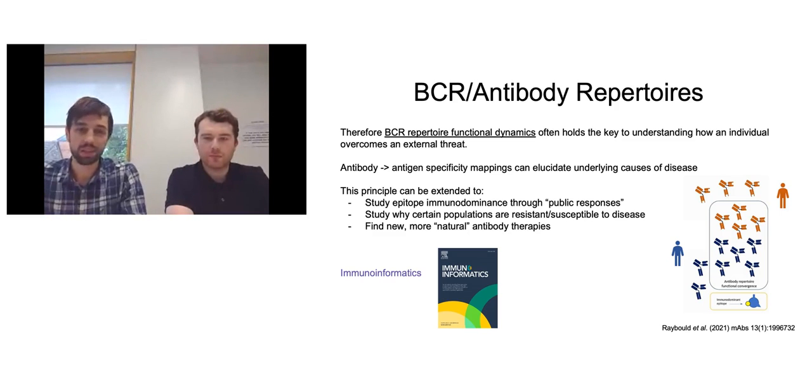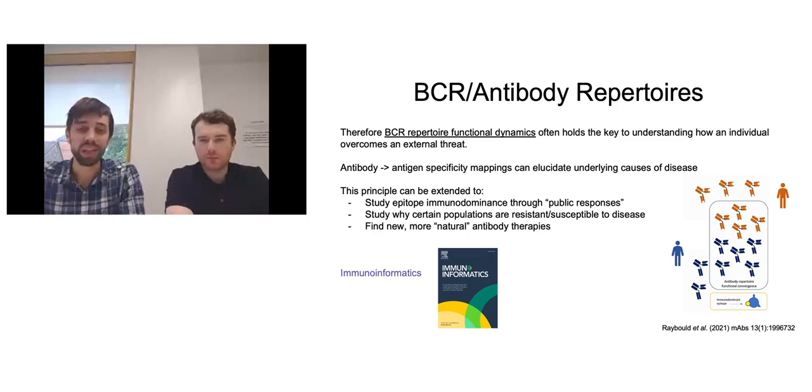Does it look like this is a typical sort of healthy baseline response repertoire? Does it look like this is in the process of a response? And given maybe that it is in the process of response, how are these people responding to the same immune pressure? Are they responding in similar ways?